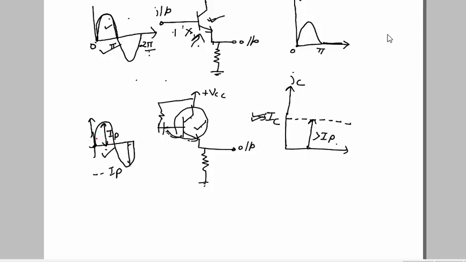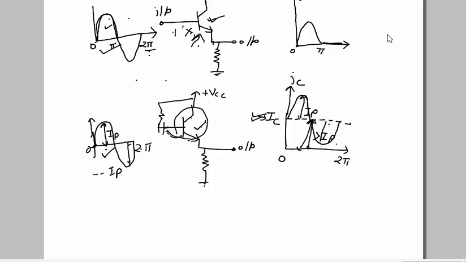Now if we apply the input, the output also will be superimposed, so we'll get it like this, because this value is more than this value. So we'll always get conduction here. Here it is working for the full cycle of the input. Now what happens if I bias this circuit?